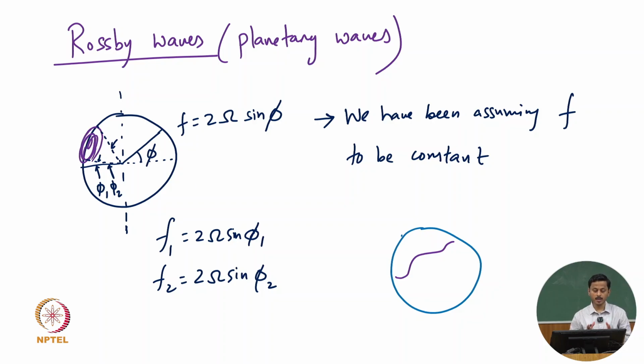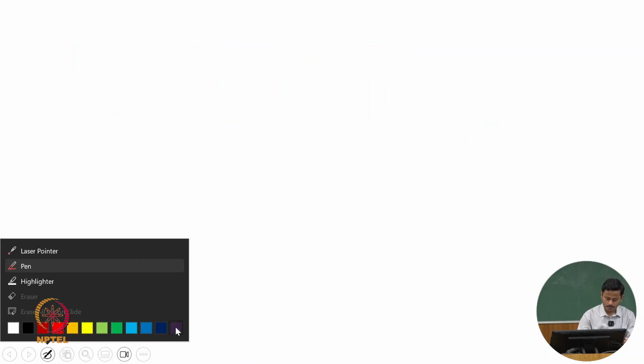Now it begets the question, what happens if this kind of differential f is being felt by the system? This is where we are going to question our assumption that f being a constant, maybe will need some change. There's a simple technique to do that. So let's say there is a system which is like this,